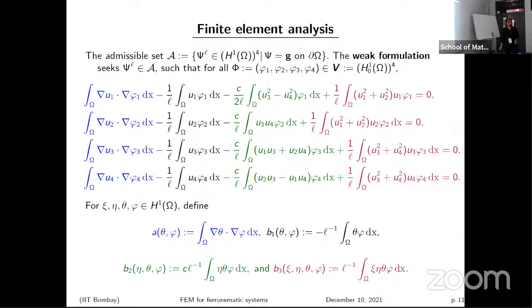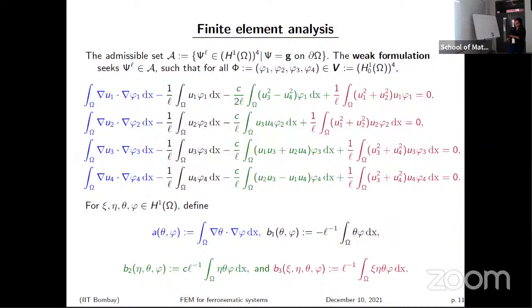So next is the discrete approximation of the energy minimizers. The energy minimizer satisfies this system of elliptic PDEs, which has this cubic nonlinear term and quadratic nonlinear terms like this. So for the operator formulation, we define this bilinear form A, which corresponds to this gradient part. This linear part is captured in this bilinear form B1. This trilinear form corresponds to these quadratic nonlinear terms, and the cubic nonlinear terms are captured in this quadrilinear